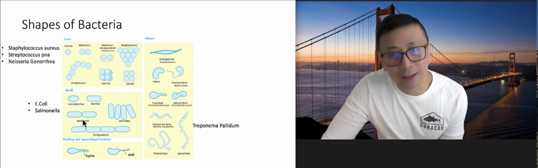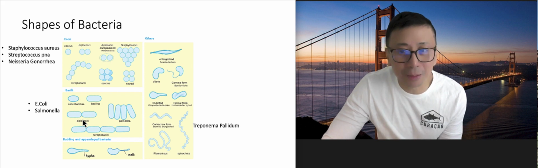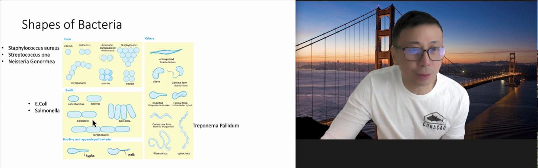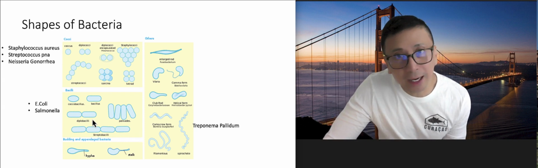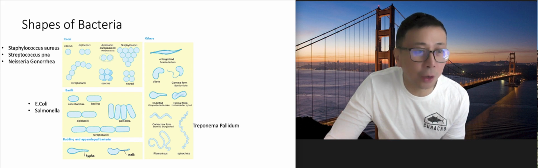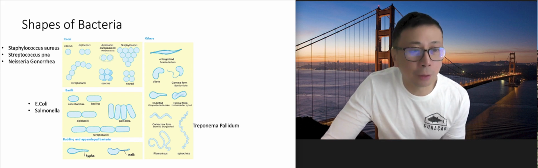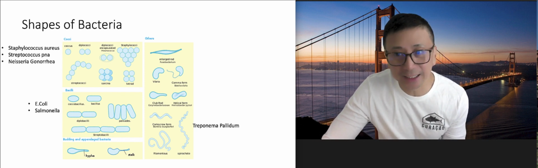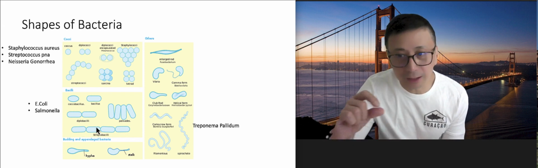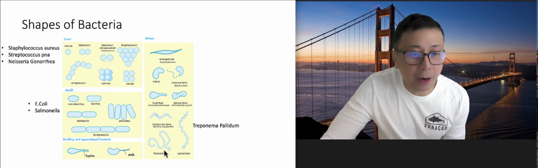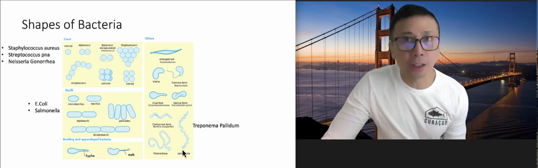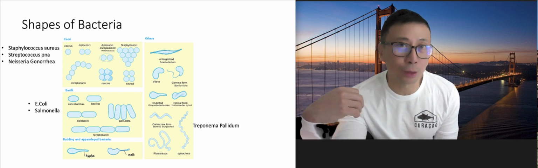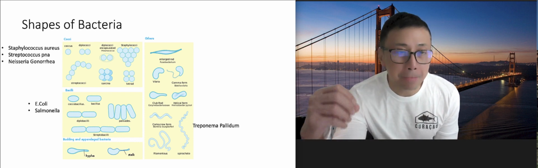What about E. coli? The bacilli, or bacillus, is also a bacteria, although the shape is more long, and E. coli, Salmonella, those kinds of things. There is also diplobacilli, that's two, and then there's streptobacilli, right? So that's like an elongated one. And then the spirochete, the typical one is your Treponema pallidum. Although you don't see this because you're not working in the lab, I just want to give you an idea,